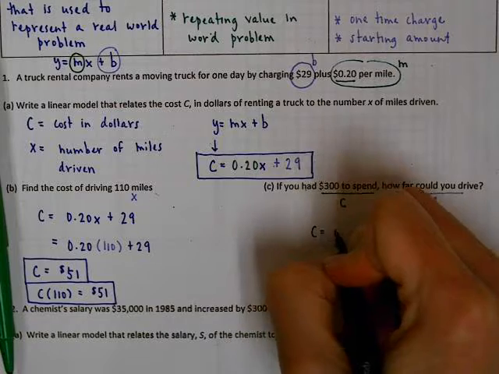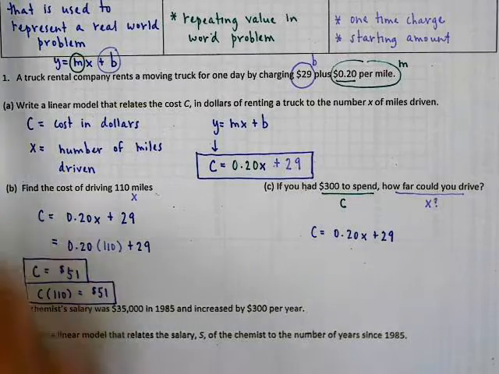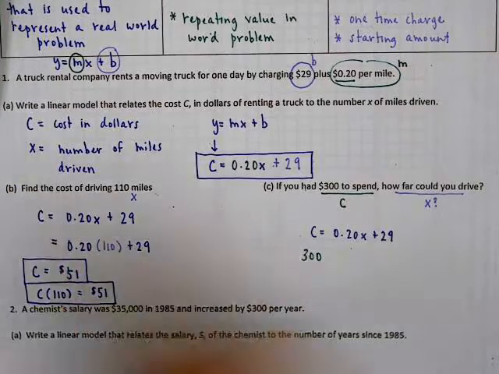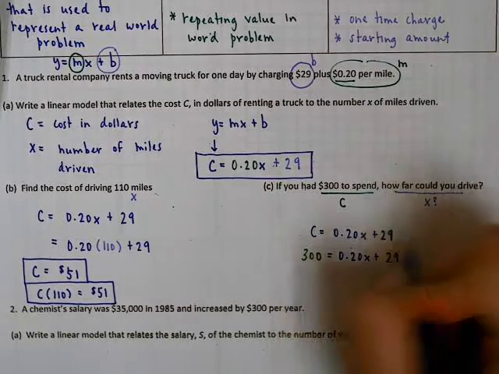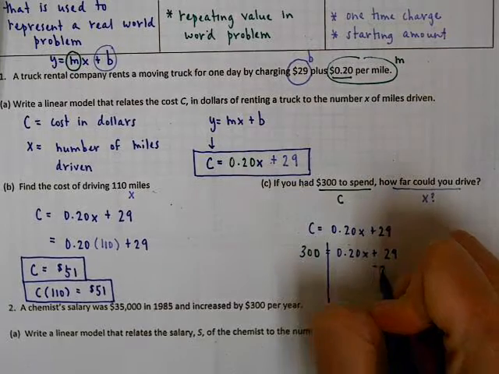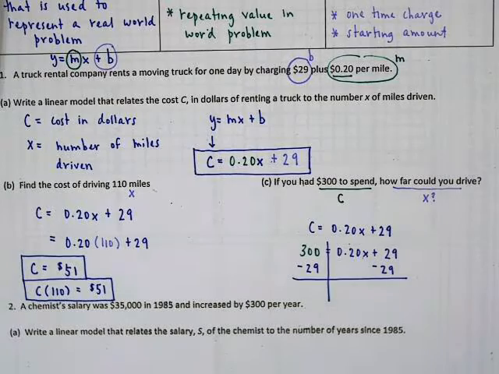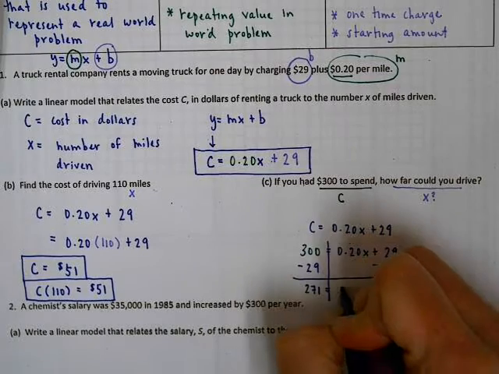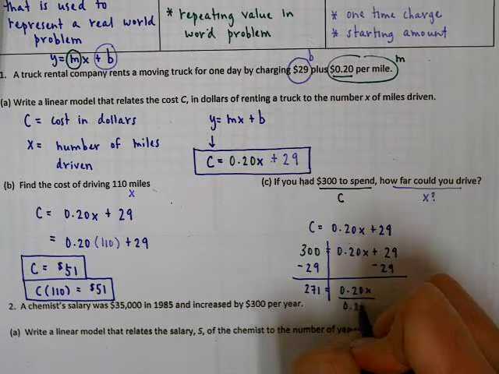So if I again go back to my model, in this case, I'm replacing the C with 300, and I'm going to solve for the X. And we're just going to do that by using our solving techniques. So I'm going to subtract 29 first. I'm going to use my calculator here to help me out. So I get 271 equals 0.20x. To isolate the x, I'm going to divide by my 0.20,